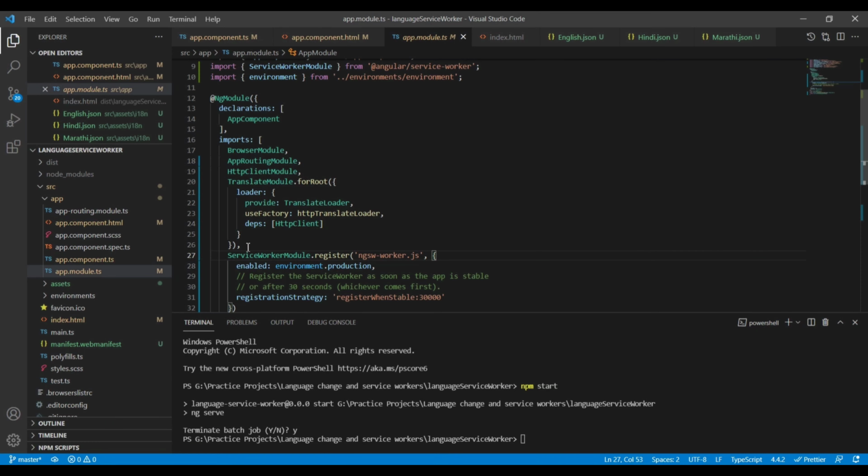We need to import our translate module with forRoot in the imports array.